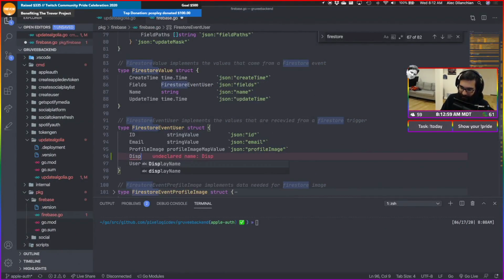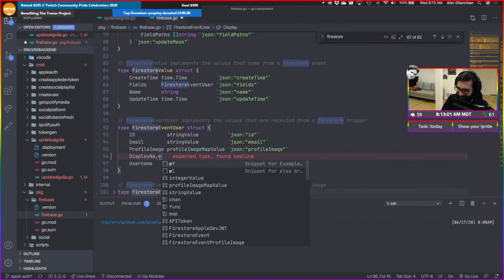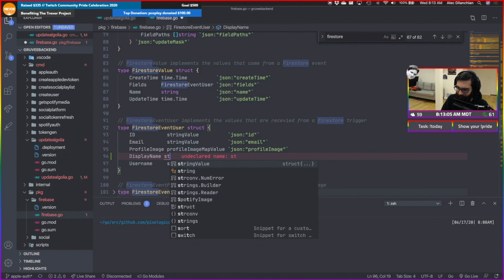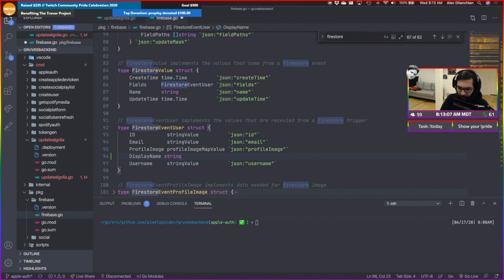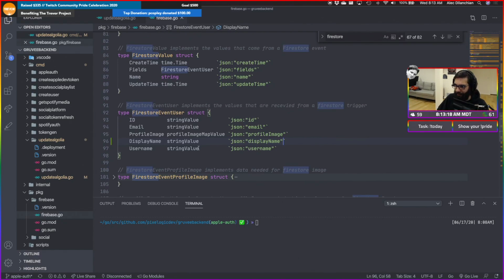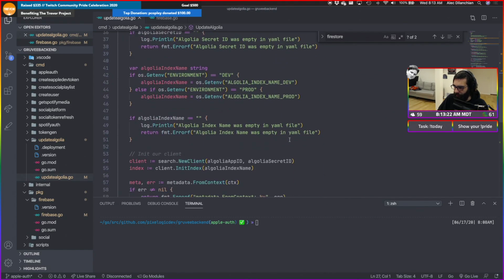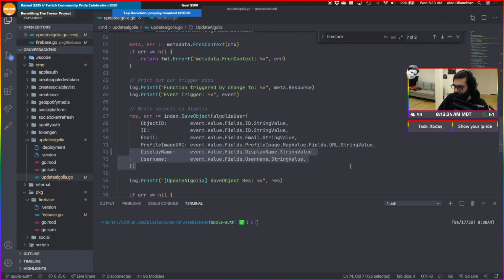Wow, I forgot how entangled this was. But this should just be a string value as well, because it's a string. String value, and then JSON display name. And that's it. And so now we should have that there, and that should not be crying anymore. Display name. Awesome.